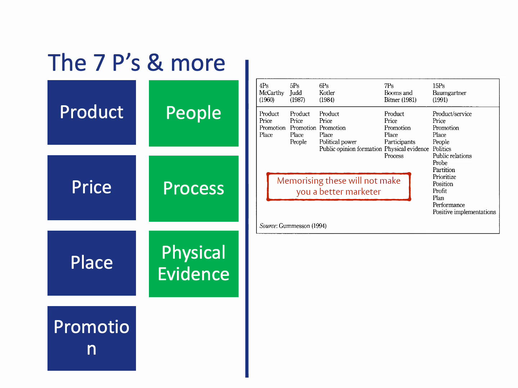Historically, there have been a number of attempts to suggest different elements that should be included into marketing mix: 4Ps, 5Ps, 6Ps, 7Ps, 15Ps, and so forth. But the whole point is that memorizing these will not make you a better marketeer. We really need to understand the heart of the marketing, go back to the key definition of a marketing